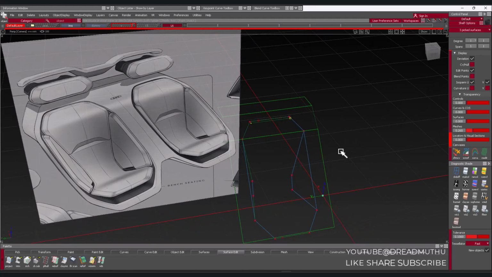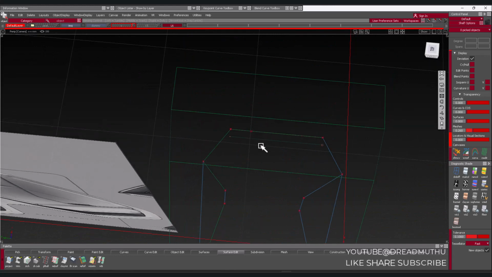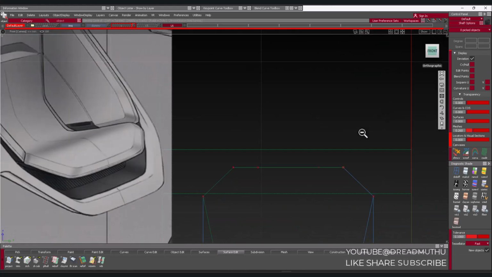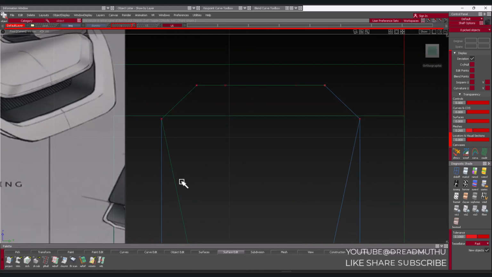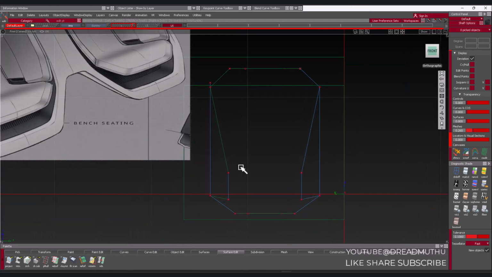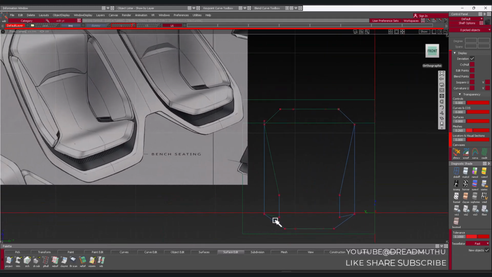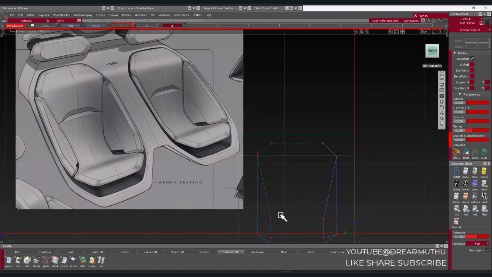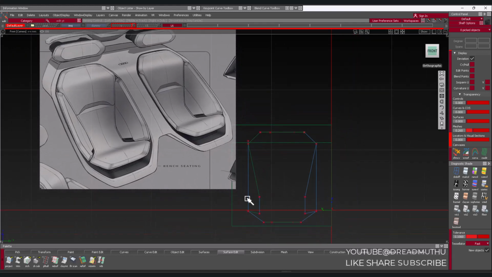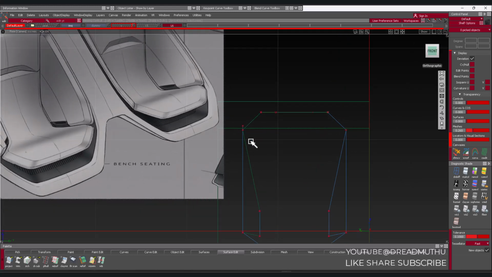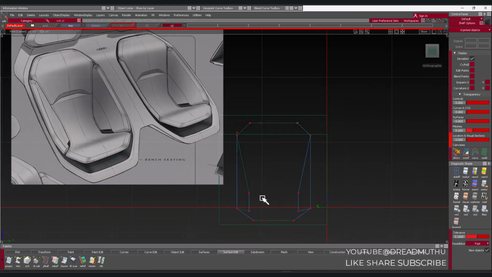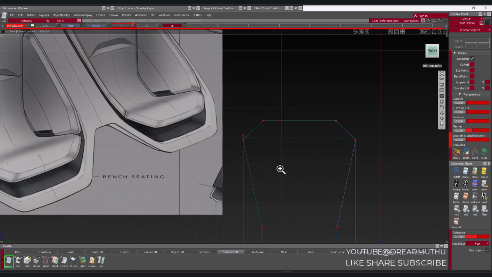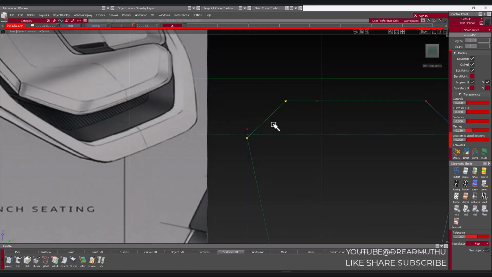Yeah, project it and extend this. Okay, so I'll just project this curve as well, and now inside this curve we'll delete its history,